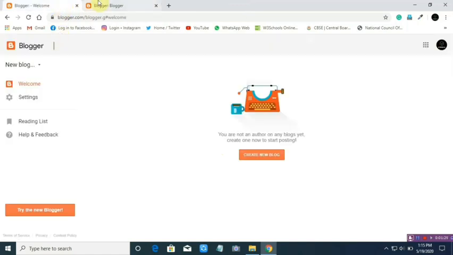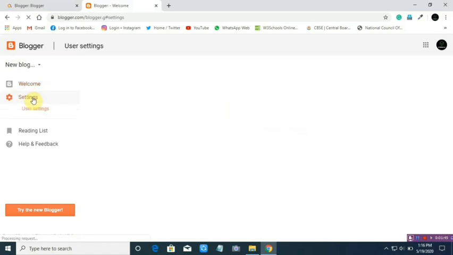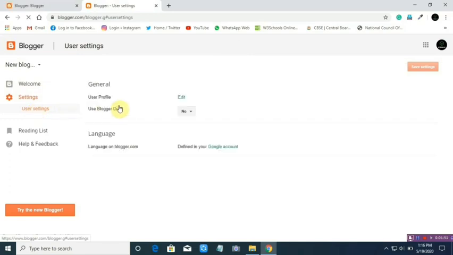After login, your interface will look this way. You can see this is my profile, these are the different Google applications, this is Blogger, and here it is asking for a new blog. Here are the settings, and user settings, where if your profile is incomplete you can edit it and add some information.